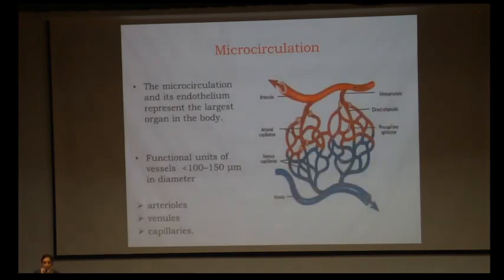So this is the normal anatomy of the microcirculation. It consists of an arteriolar end and a venous end, and in between there is the capillary network. And this is the largest organ in the human body, comparable surface area wise, and the functional units are about 100 to 150 microns in diameter. And there are three components: the arterioles, the network and the capillaries. The sphincters are present most commonly in the arteriolar end, and this is where our vasopressors act and they regulate the flow to this capillary network. And it is the capillary network which basically takes part in the gas exchange with the tissues.